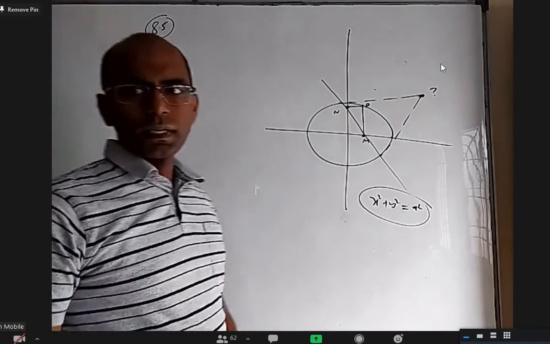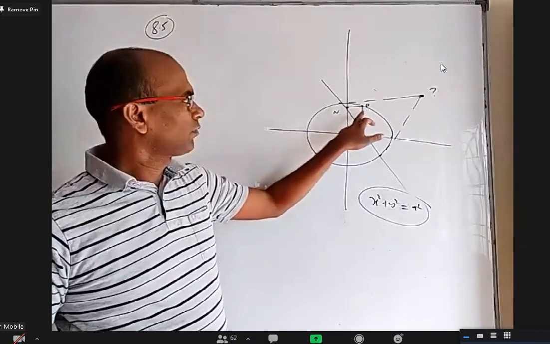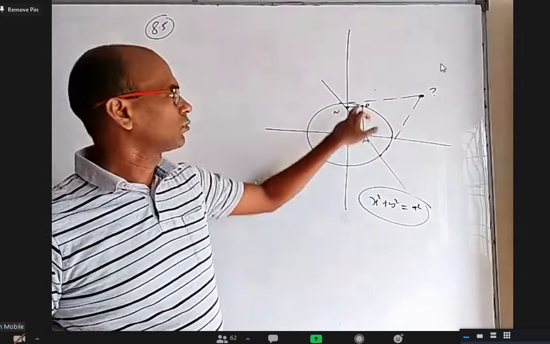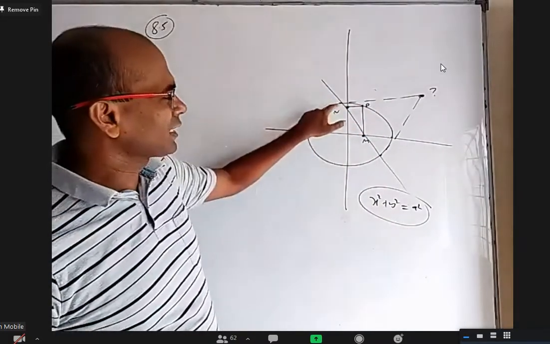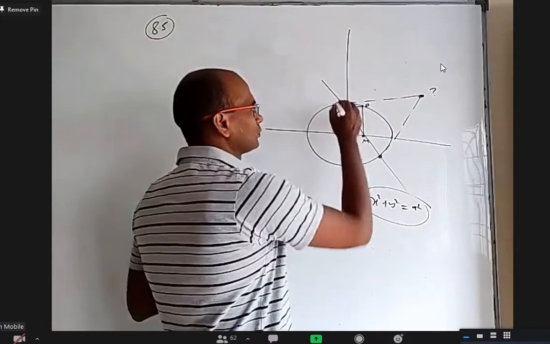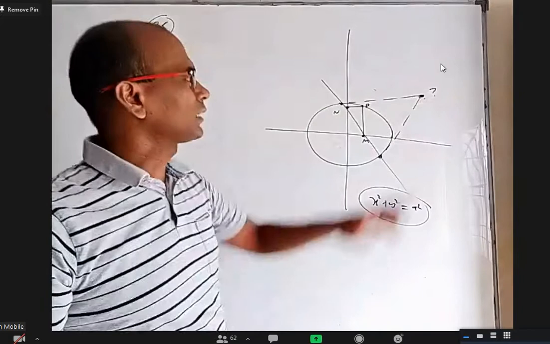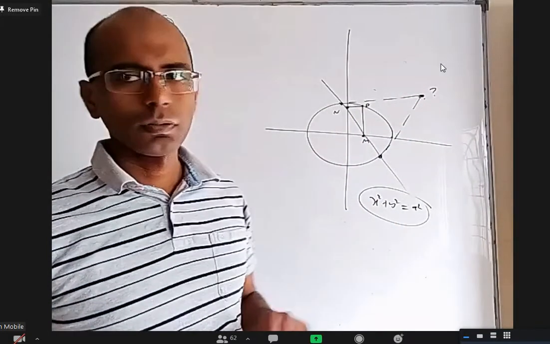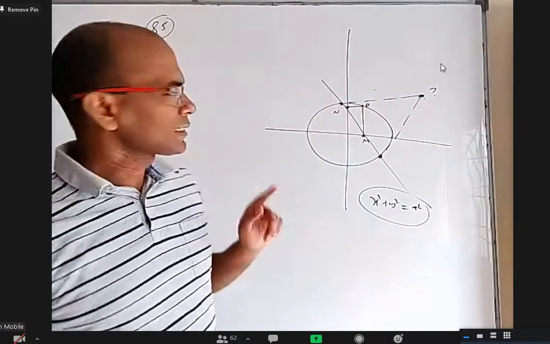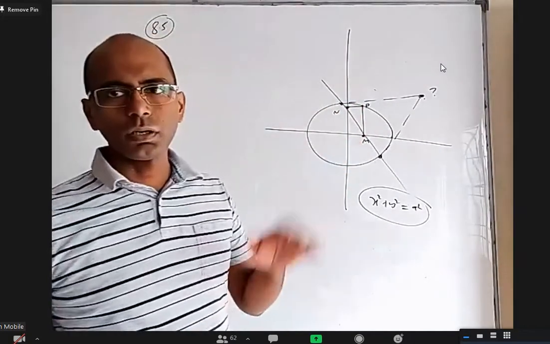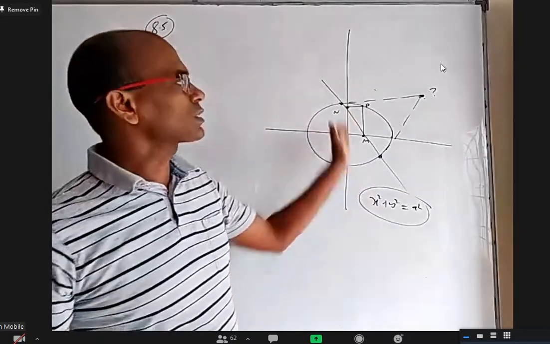Okay, so please understand the question here. Take any point on the circle, find the foot of that on the x-axis, the foot of that on the y-axis, join them, you will get a line. That line will intersect the circle at 2 points. At those points, you draw tangents, they meet at a point. Basically, that is the pole of this line. So the question is, first step, take point P on the circle. Second step, find M and N, feet on the x and y axes. Third step, find the line MN equation. Fourth step, find its pole.